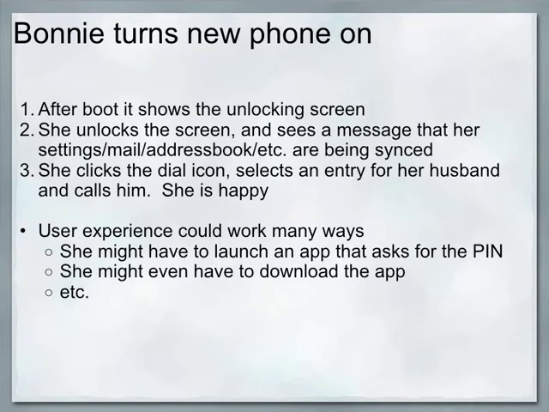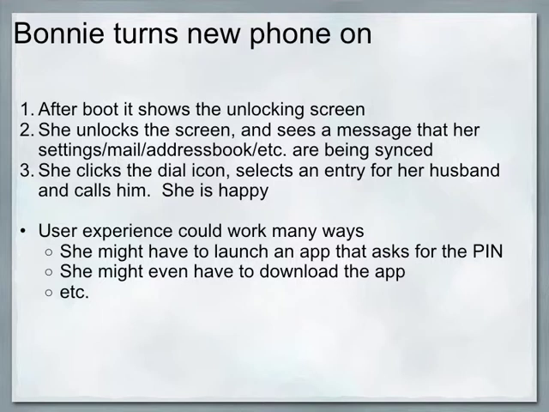Maybe she bought it in the store, maybe it would get mailed to her. She would get it for the first time, she would turn it on. Now, most people are used to the fact that when they turn on the phone, it somehow magically already knows what phone number is associated with it. And that magic does involve a scheme where the device authenticates itself to the carrier, then looks up what account and what phone number that device is associated with. That would still happen, but in addition,